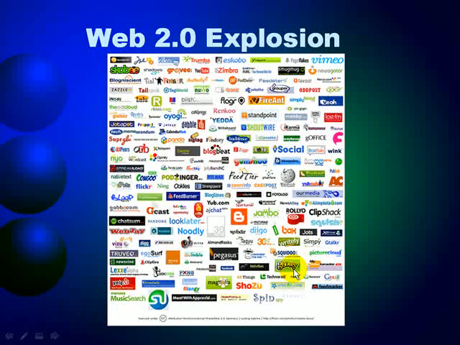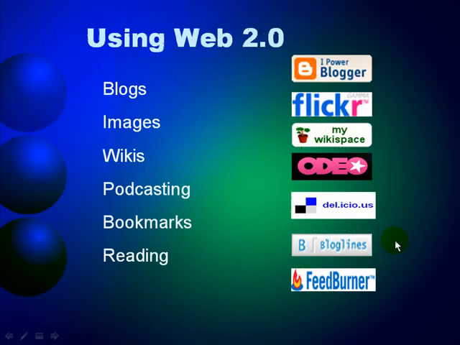Here's the Web 2.0 explosion. All right. Using Web 2.0, we have blogs, things like Blogger. With images, we have Flickr, where you can store your pictures and your photographs and tag them. You have wikis with MyWikiSpace, and of course there are a lot of others, just as there are more blogs. And then with podcasting, we have audio,